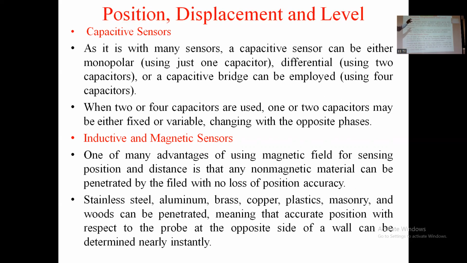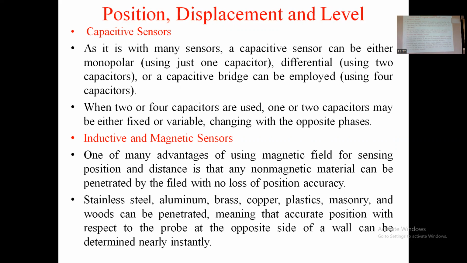Okay, if two capacitors we are using, that means in those two capacitors one capacitor is fixed and one is unknown. So by varying the distance, it will show its value according to the equation C directly proportional to PA divided by T. And when four capacitors are used,